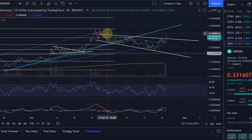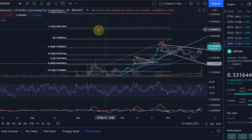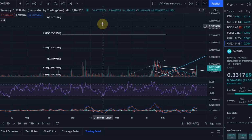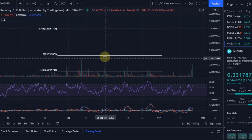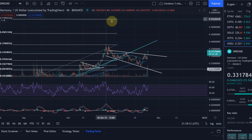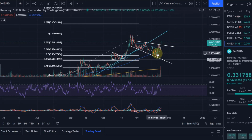That was at around 34.5 cents, before we can then move to the all-time high, which is currently sitting at around 38 cents. From there we can break through and move to the 1.272 extension level at 45 cents. 55 cents is then the 1.618, the 200% is the 66 cent level, and the 2.618 fib level is at 84 cents. All of that in my view is possible in this alt season, maybe even $1 and maybe even more